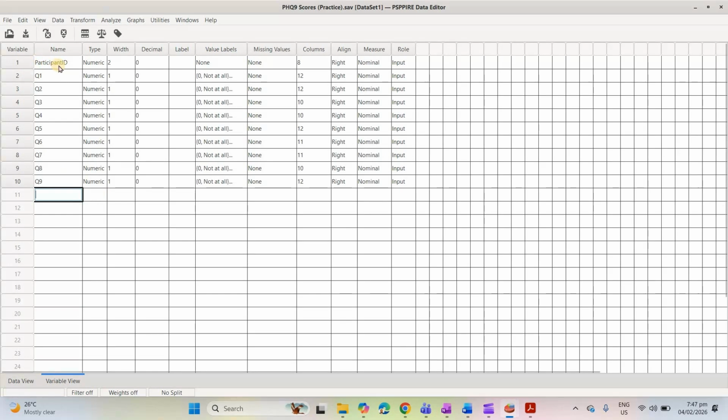The first variable is just patient ID, and then you see Q1 to Q9. Q1 to Q9 represent different questions from a tool called the Patient Health Questionnaire. The Patient Health Questionnaire is used to screen for depressive symptoms or to categorize patients in terms of different severities